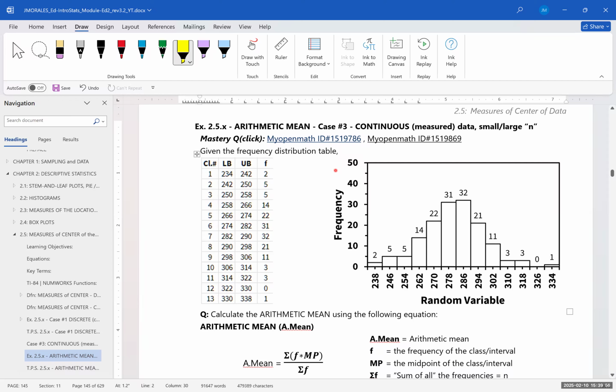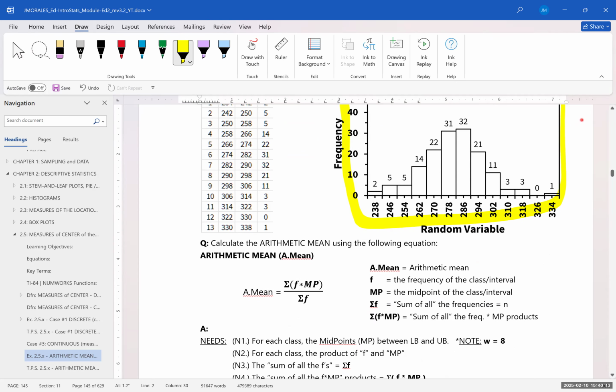Okay, so here in this example, we're going to calculate the arithmetic mean given just a frequency distribution table and/or a histogram here. In order to calculate the arithmetic mean, we're going to use this equation right here. All right, so the arithmetic mean is equal to the sum of